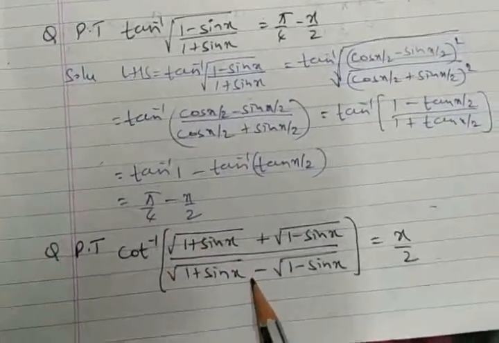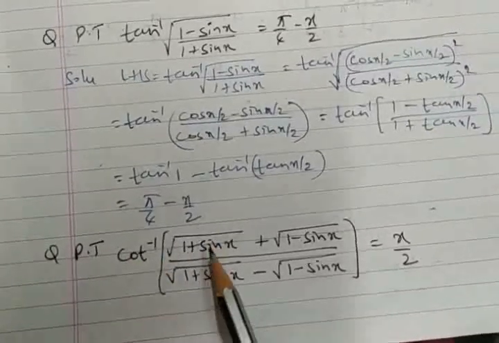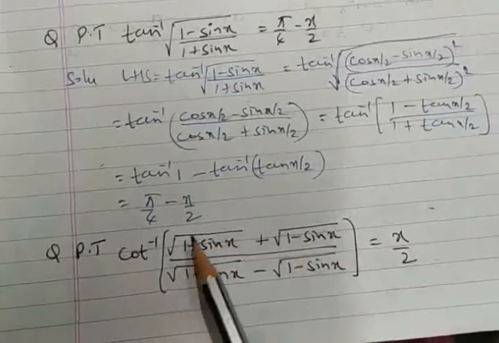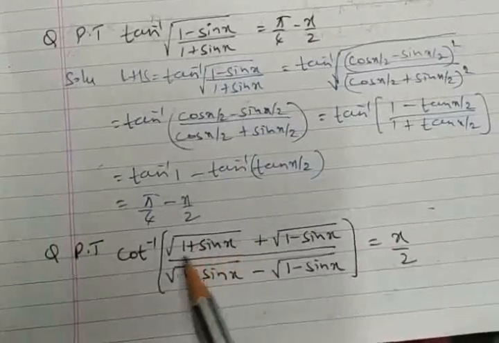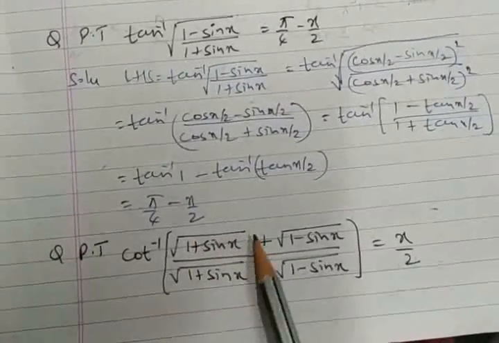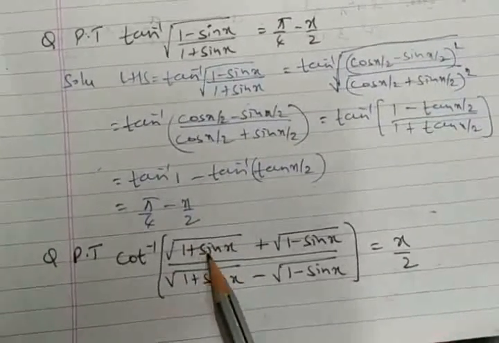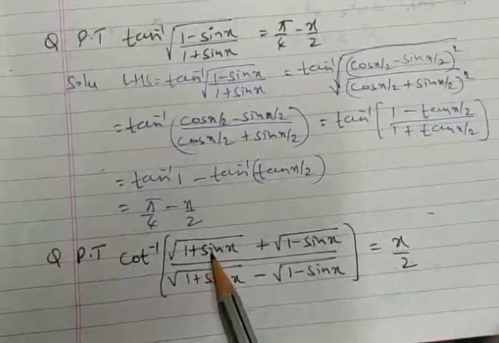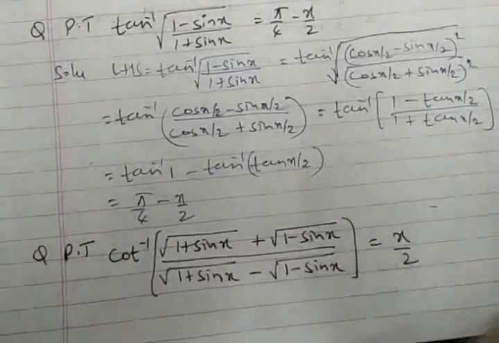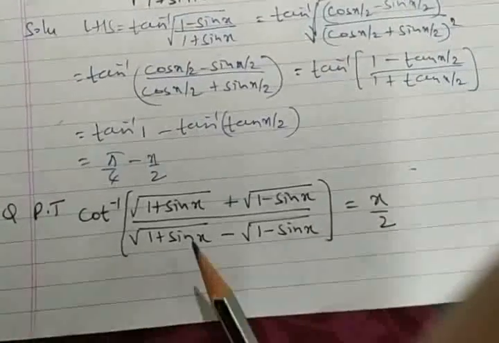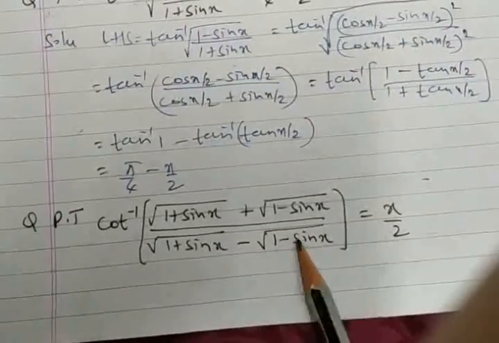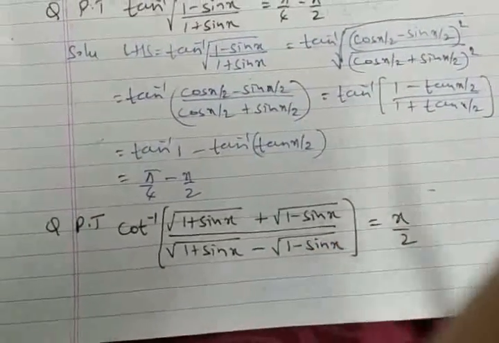Now in this situation we find, prove that cot inverse of root of 1 plus sin x upon... okay, 1 plus sin x, who comes to mind immediately? Which term comes to your mind? This is a plus b whole square, and a minus b whole square. In the denominator I find it to be a plus b whole square, and in the numerator a minus b whole square. So think about it.